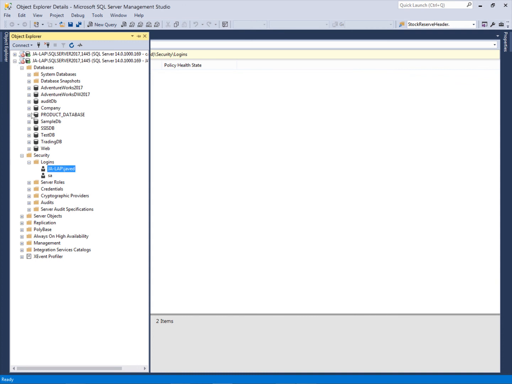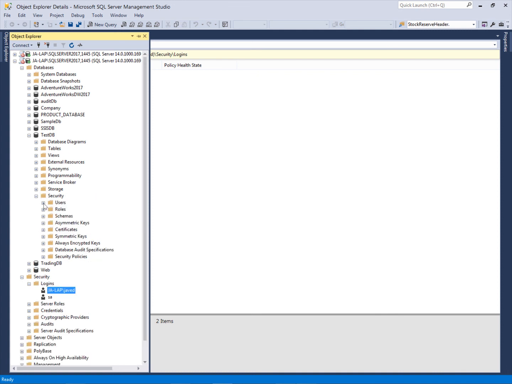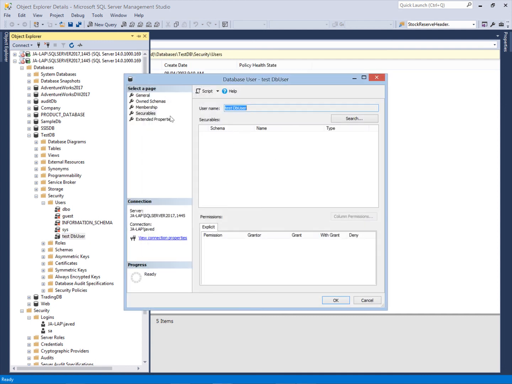Now when this login wants to connect with any of the databases, like this test database, it can connect because it is authorized, being mapped with one of the users in this database. This user exists here, the test DB user, and the test DB user is mapped with that login.